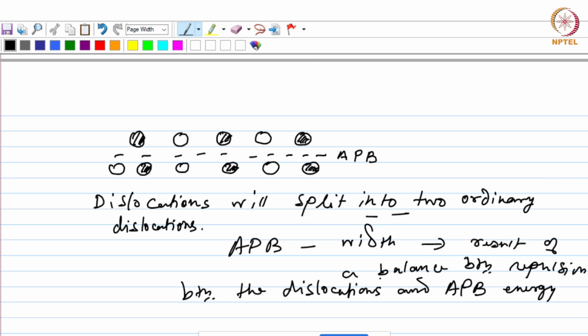And the higher this energy, the more difficult it will be for the dislocations to move, and therefore the stress needed to move a dislocation through an antiphase boundary is given by this particular expression,